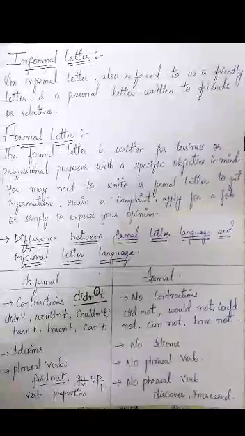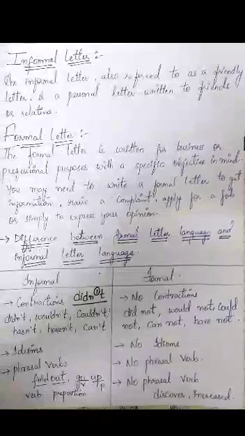Now, coming to the formal letter. The formal letter is written for business or professional purposes with a specific objective in mind. We live in a world of technology-backed communication. Email or text, etc., are most of our preferred modes of communication. However, letters still have a major use and importance in our society, especially formal letters written to authorities or professional contacts, because they generally stay on record. Let us learn the correct format and language of formal letters.